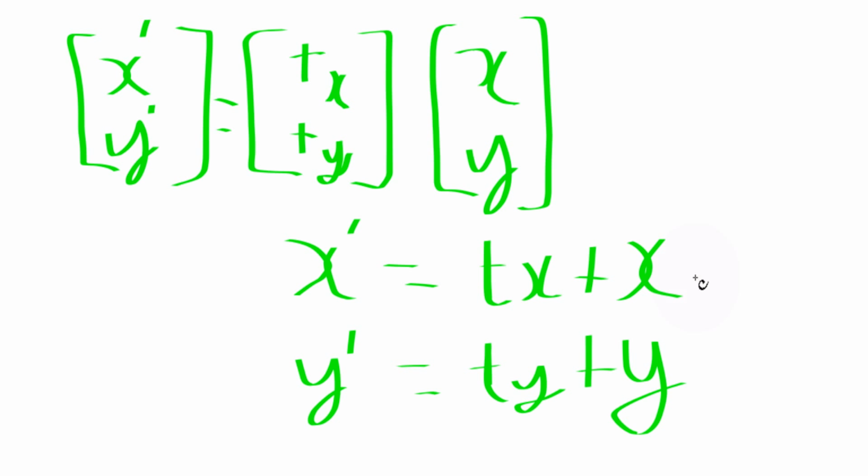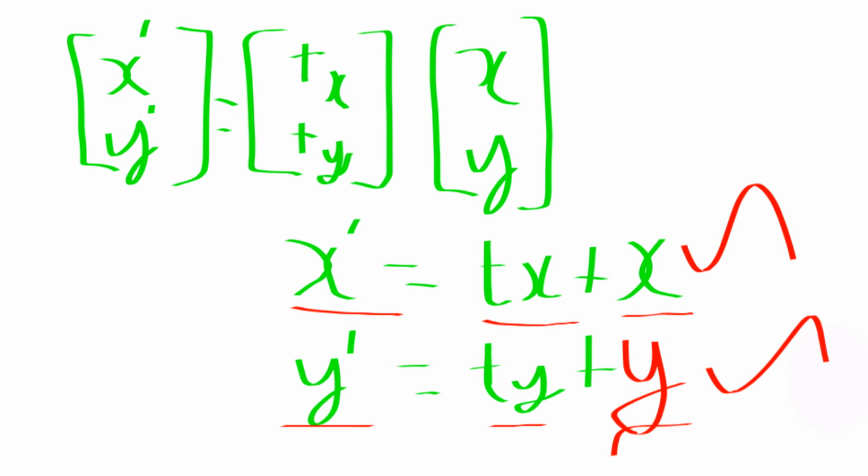So basically what you need to know is we are just adding. Let me change the color, I don't like green. To find the new x value, we are just going to add the translation tx to the previous x value. To find the new y, we need to add translation ty to the previous y value. So that's it. The formula is very simple.